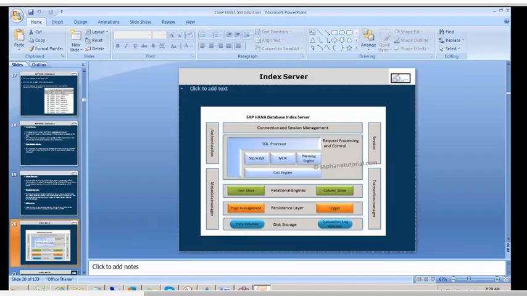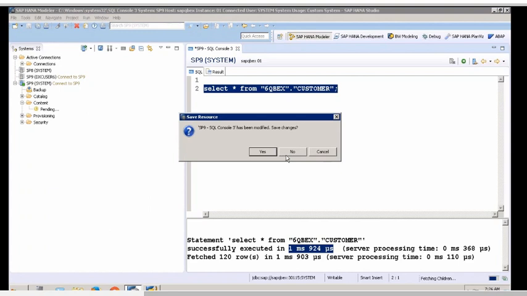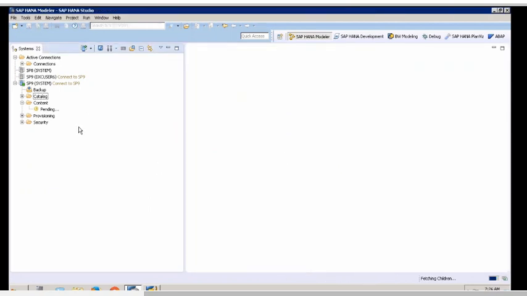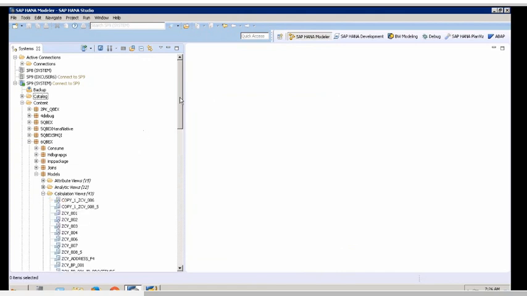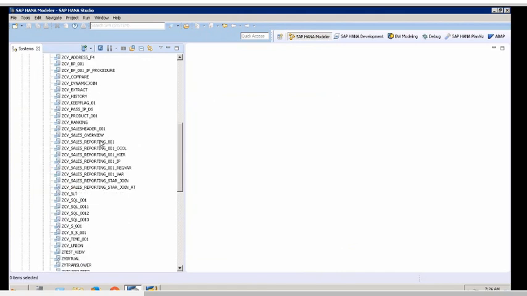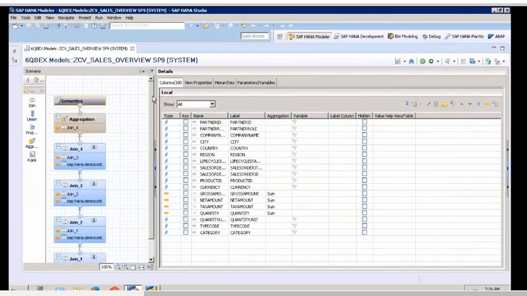For example, see it here. So I have some view.